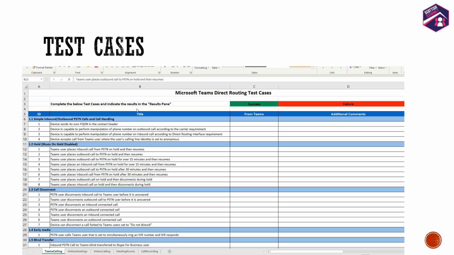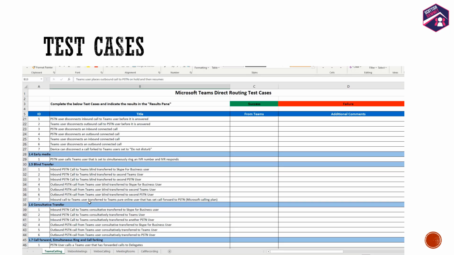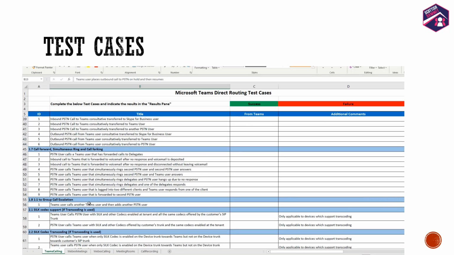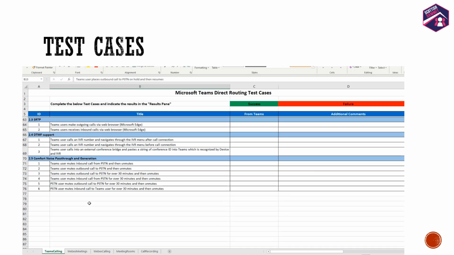Right, so we're getting at requirements. Let's look at some test cases. Okay, so basically, with these test cases, I built this in a spreadsheet. This is my Teams calling. You need to get all of this together, and this is no small order.